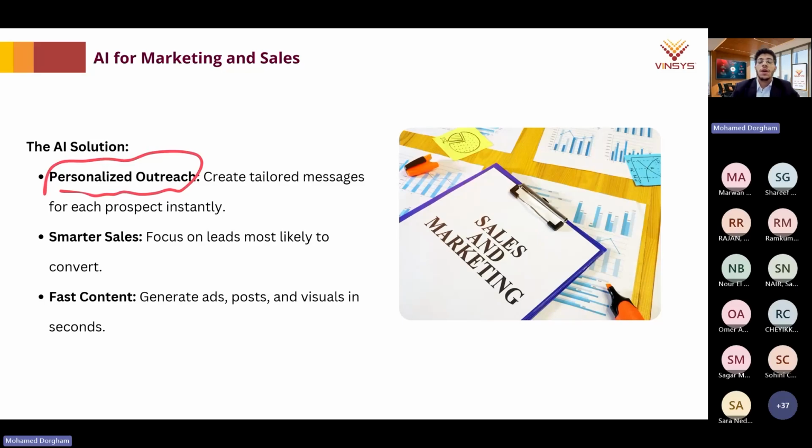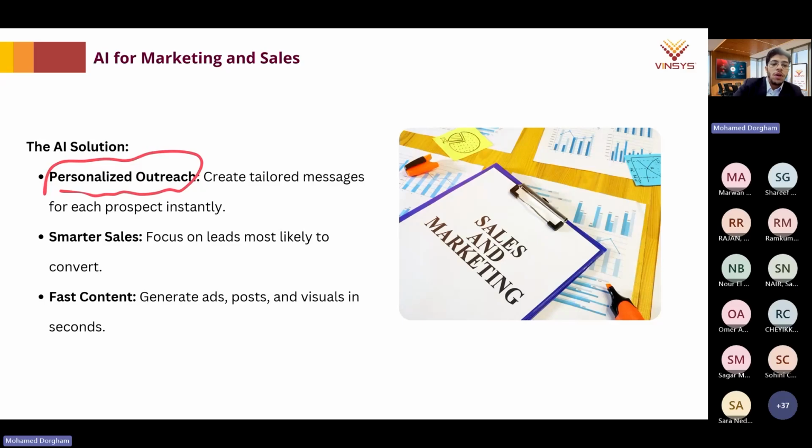Let's say today I'm trying to get more new prospects. I can ask the AI to go ahead and do market analysis or market research. And after the research, I can ask it to customize the output or the proposal based on some messages.